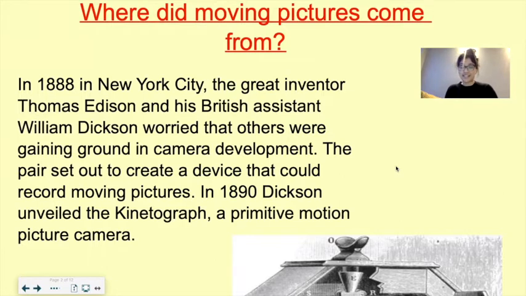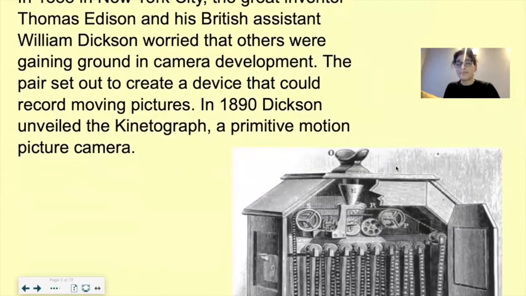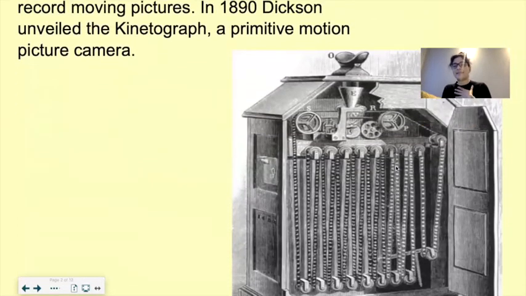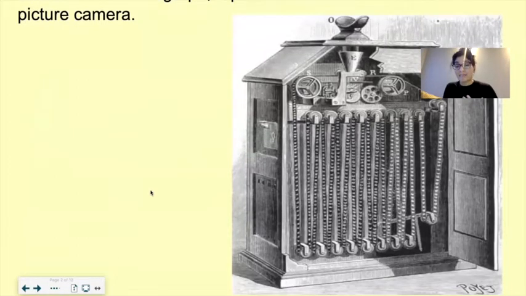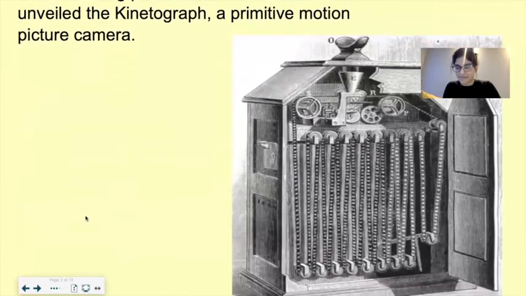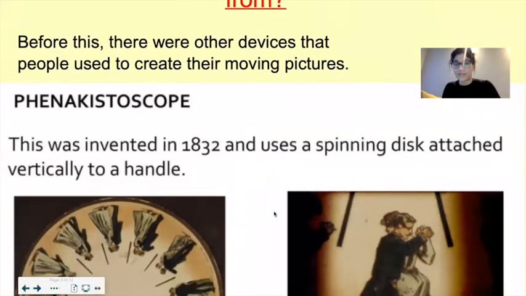In 1890, Dixon unveiled the kinetograph, a primitive motion picture camera. If something is primitive, that means it's pretty much the first time that someone has seen a camera like the one that Dixon created. And remember, Dixon was Edison's assistant. Before this, there were other devices that people used to create their moving pictures. You have the